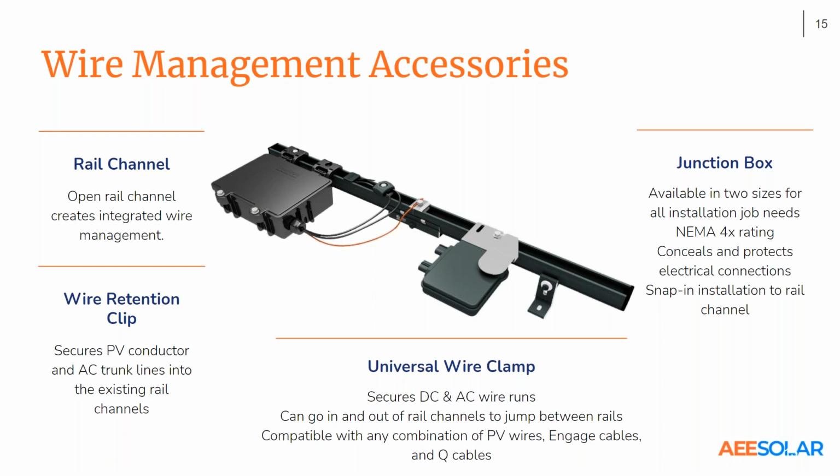Really one of the major benefits of rails is you've got that channel, not only to manage and add your accessories on and map out your whole system before you bring the modules up, but to actually run your trunk cable and cables throughout the system and do all your wiring before you're laying those modules down. So Andrew, practically speaking, would the rough process be that the roof team's going to take measurements and call out to the guy on the ground where to put the splices and roughly how long the rail should be and where things should go?